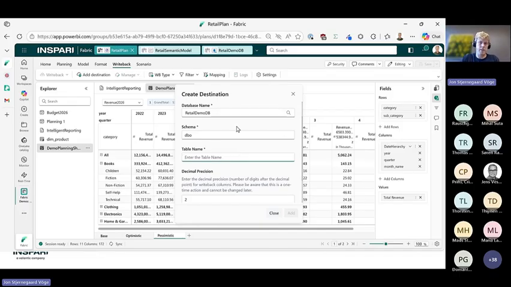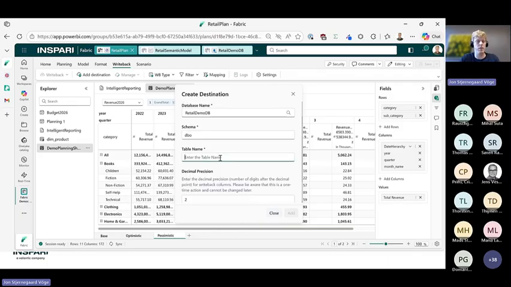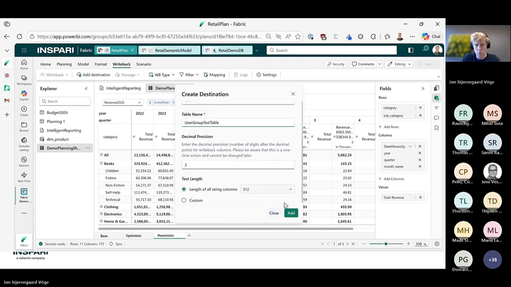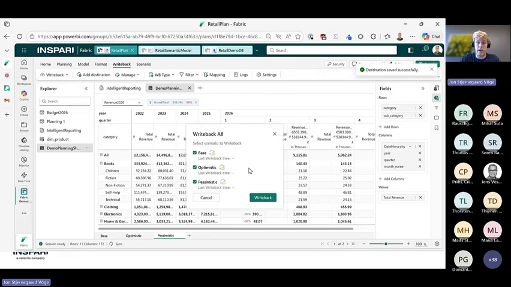Now I've connected to a semantic model, so I cannot write this data back to the destination that I've inputted in here. I will need to create a separate, a new table for this planning write back to happen to, but it will create that for me. And I can just say, this is the user group test table. We can add that destination and say write back and write back all,